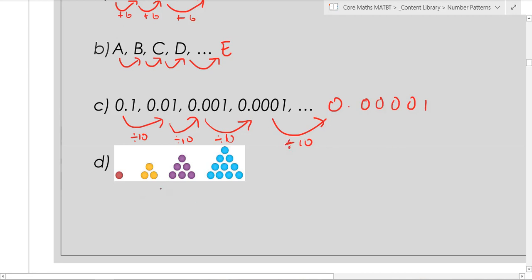The sequence here, you can see that the number of circles increases. So that's 1 to 3 to 6, and then that should be 10. I think that's 10. So 10. 1, 2, 3, 4, 5, 6, 7, 8, 9, 10. Okay. So I can see the pattern here, the next one, if I draw the next one here,